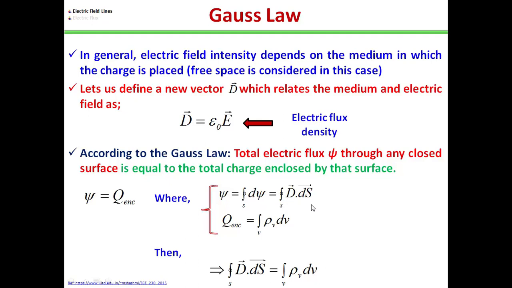If the charge is placed within the closed surface, the total charge density over the closed surface will be denoted by rho v, which is known as the volume charge density. So through volume charge density we can calculate the enclosed charge Q enc, which will be equal to the volume integral of rho v dv. Or we can say the above equation implies that Q is equal to the closed surface integral of D dot dS, and this will be equal to the volume integral of rho v dv.